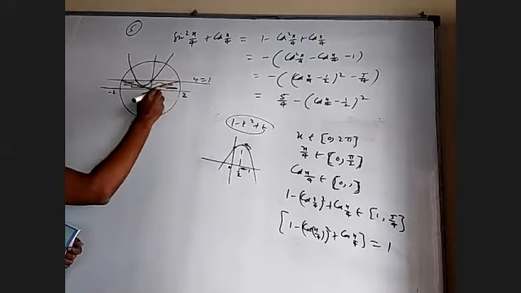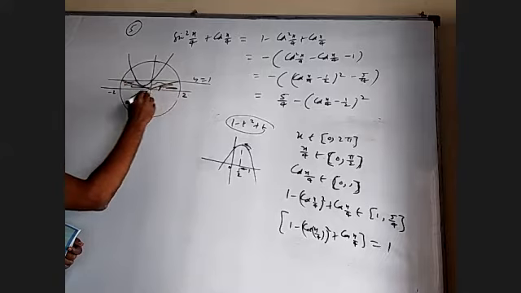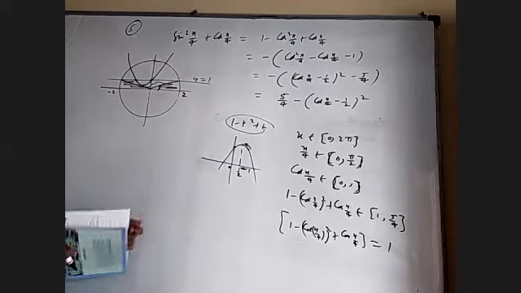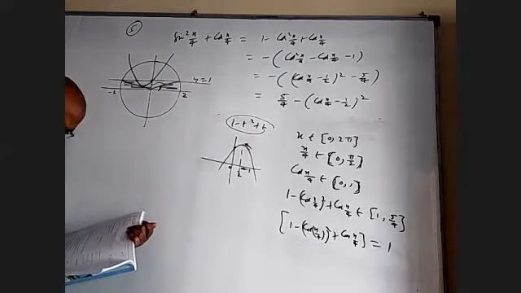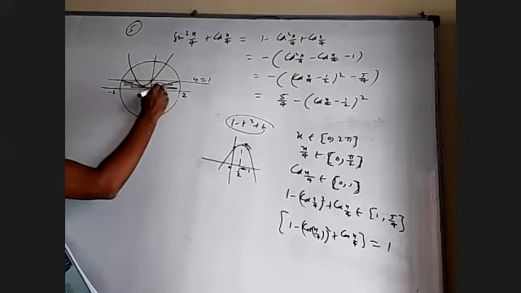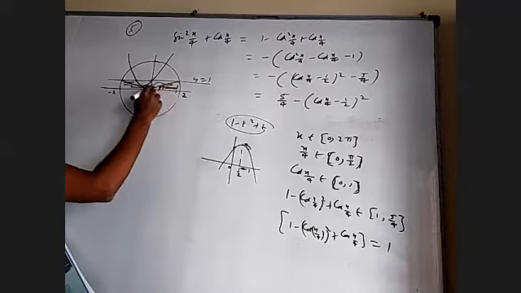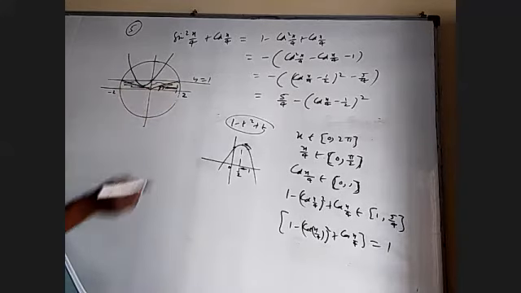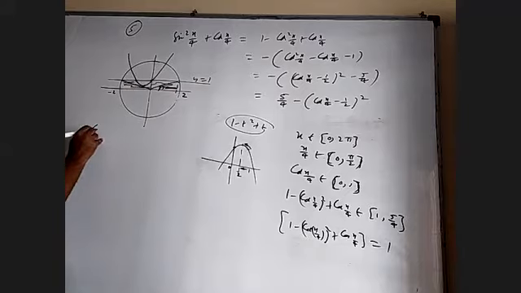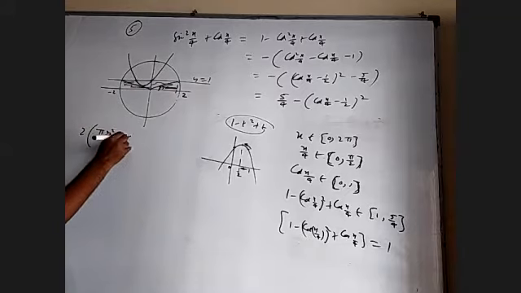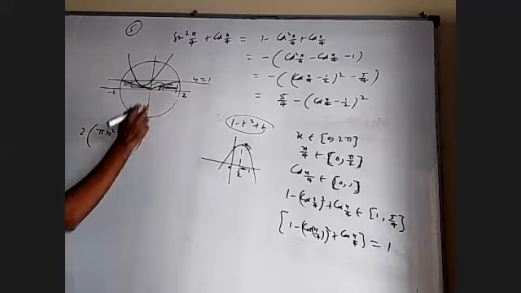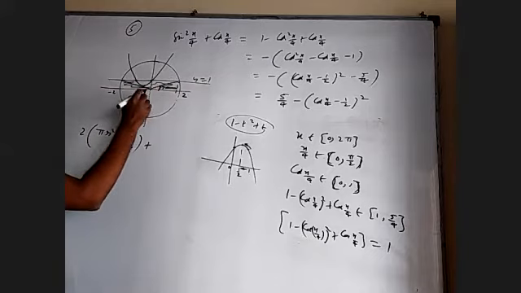What is this angle? This height is 1 and this radius is 2. Is it 2? Yes. So height is 1, so this is 30 degrees. So this is a sector of 30 degrees. This is another sector of 30 degrees. Okay. So 2 times pi r square into 30 by 360. 2 sectors. Plus, what about this triangle?